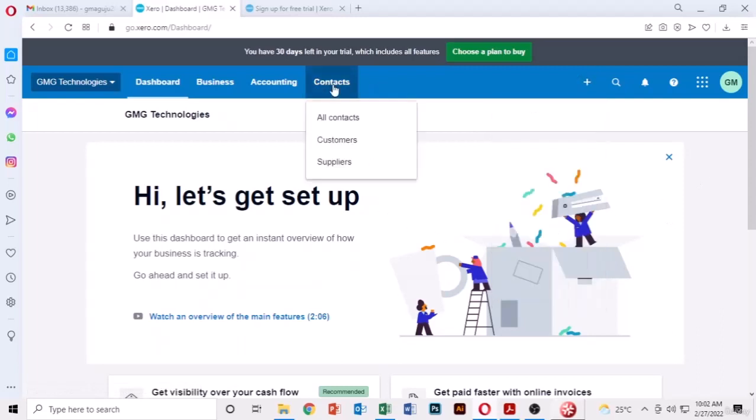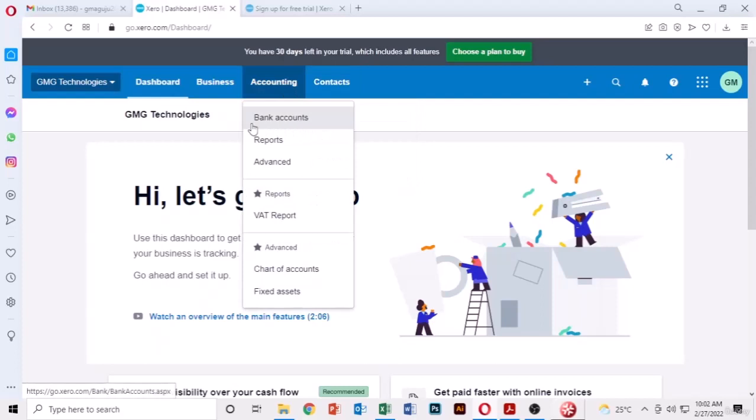Okay, and under contacts here on this menu, there's a drop down that's showing all contacts. So here you can add your customers, you can add your suppliers. Then under accounting, here you can add your bank accounts. Here you can access reports. You can see we are going to navigate into all this. Here you can do your VAT reports, you can access them. If you use Xero to do your VAT reports, then here you can access the chart of accounts, fixed assets,